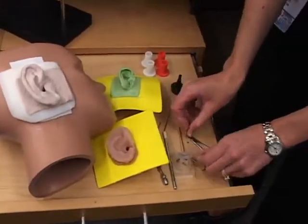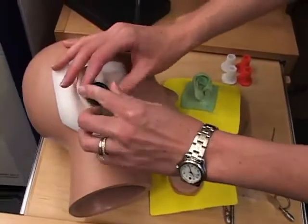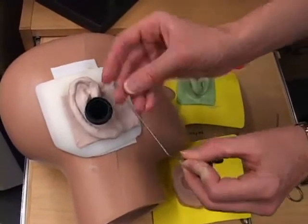But the tool was not the team's only successful creation. The students also built a model of an anatomically exact ear so they could practice the procedure. Once we designed the ear tube insertion device, we had to test it. We can't test it on humans, so one of the outgrowths of this project was the creation of an anatomically exact ear canal and tympanic membrane and middle ear space designed specifically to test the ear tube insertion device. From this project, we received an additional provisional patent, and we've now licensed it to a company where we feel that this is going to be an indispensable product in teaching residents in otolaryngology training programs